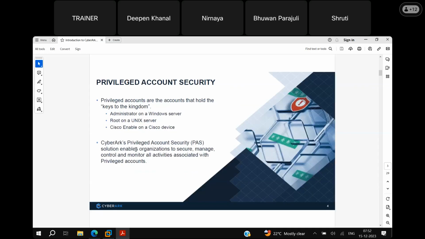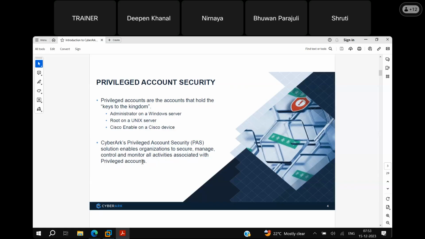CyberArk solution enables organizations to secure, manage, control, and monitor all activities associated with privileged accounts. This means the product helps organizations provide security to the activities associated with privileged accounts. We are going to manage the privileged accounts of an IT organization, and using our product, they are going to gain more control.